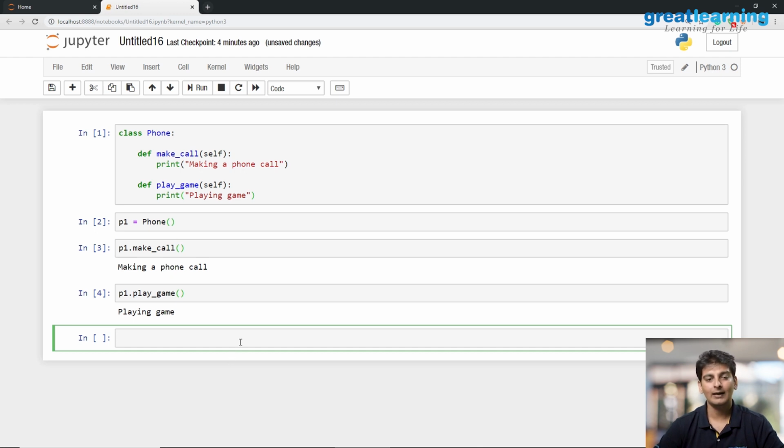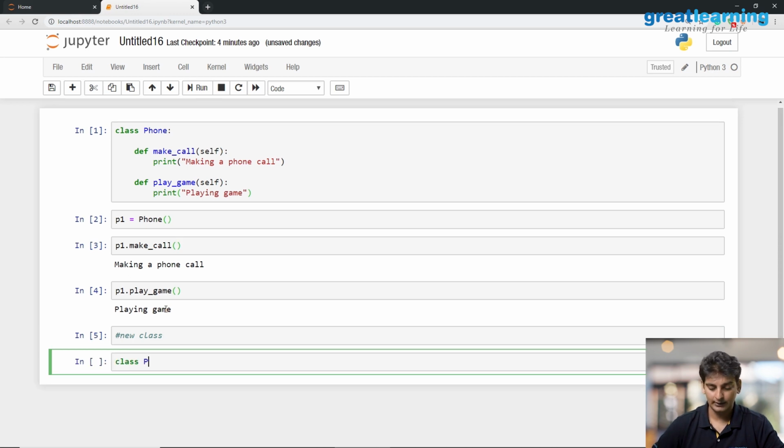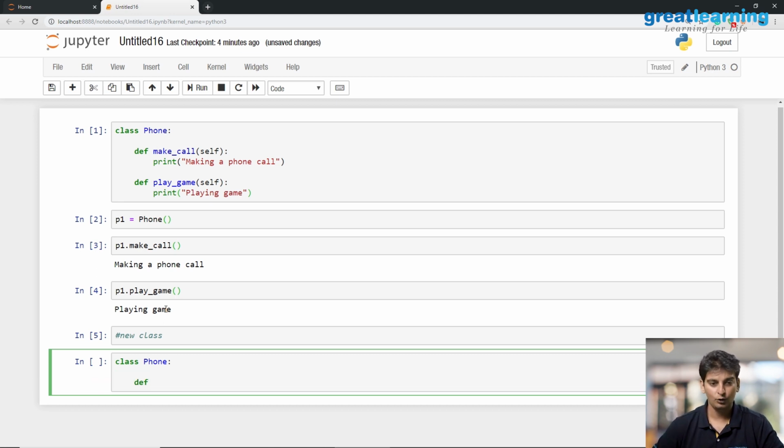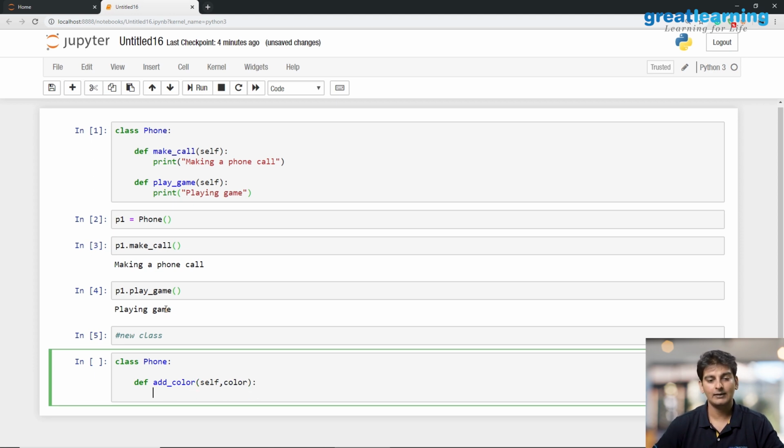Now let me actually go ahead and add some parameters to the methods inside this. So again, I'll create a new class. Or basically I'm modifying this class, I'm not creating a new class. So I'll type in class Phone, and then I'll create a new method, and this will be basically to add the color of the phone. So I'll type in add_color. So now every method inside the class needs to have this self attribute, and then after that I'll give in another parameter, which is basically color, and inside this I will set